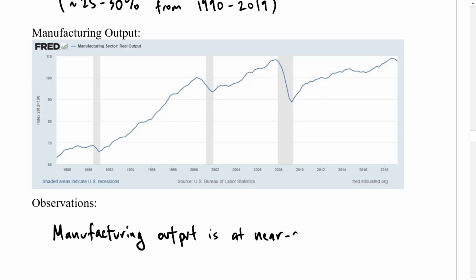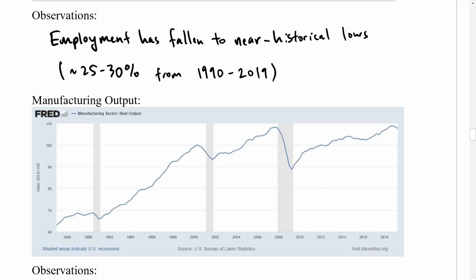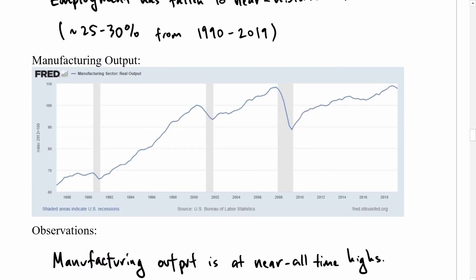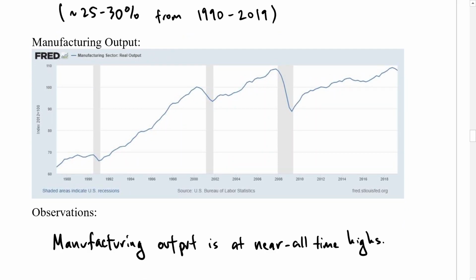Here we can see that, yes, the jobs are going away, but they're not all going abroad, they're not all being outsourced. Some of them are, but the bigger picture here is that